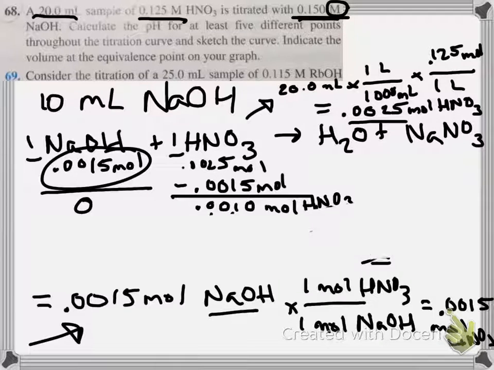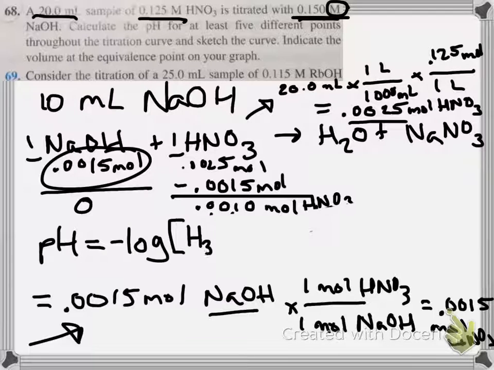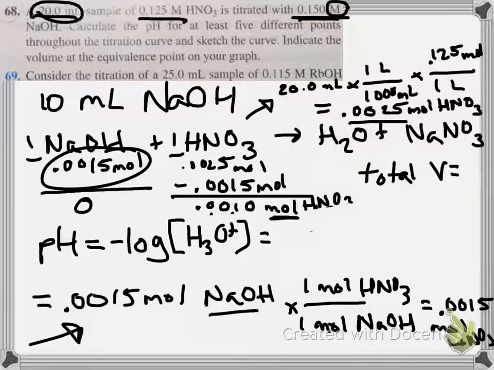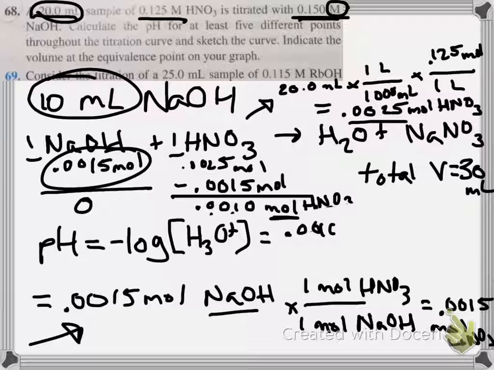So this is how much nitric acid I now have, and now I need to calculate my pH. Well, pH is equal to the negative log of the concentration of H3O+, which means I need to calculate the concentration, not just the moles. I need the molarity. So I know that my total volume is equal to the 20 milliliters of acid I have plus the 10 milliliters of base, so it's 30 milliliters. So my molarity, or moles over liters, is 0.0010 moles all over